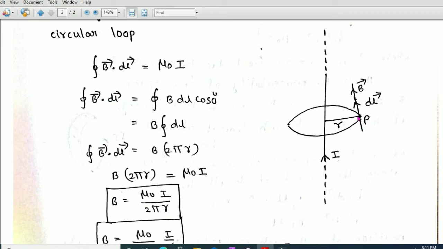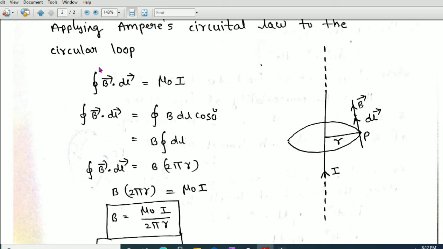Now, at the point P, the magnetic field is along the tangent. Already we have discussed that the magnetic field is along the tangent, and if you observe here, the length element dl bar is also in the same direction as the magnetic field. That means at point P the magnetic field and the length element are both in the same direction. Let us consider I is the current passing through the conductor, and due to this I the magnetic field at point P is B. According to Ampere circuital law, the line integral of B bar dot dl bar is equal to mu naught times the current enclosed by the surface.